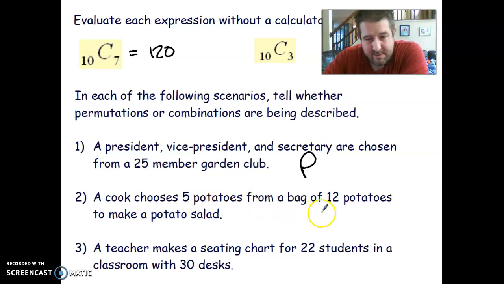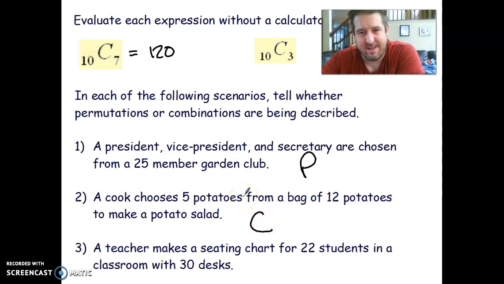A cook chooses 5 potatoes out of a bag of 12. How many different ways can you choose 5 different potatoes? Now, does it matter what order you pick the 5 potatoes in, or put them into the pot? No, it does not. So it's just a combination, because it doesn't matter if you chose a potato first or second or third or fourth, it's going to go into the